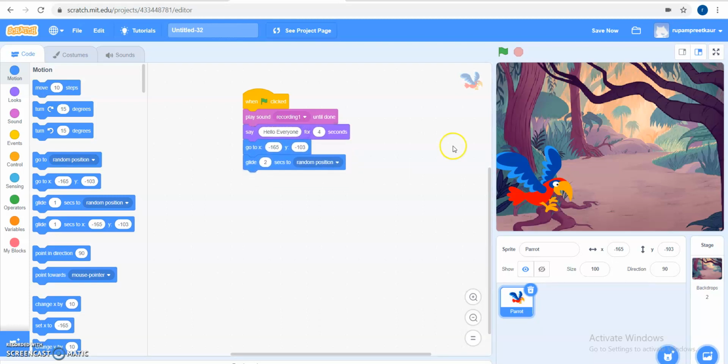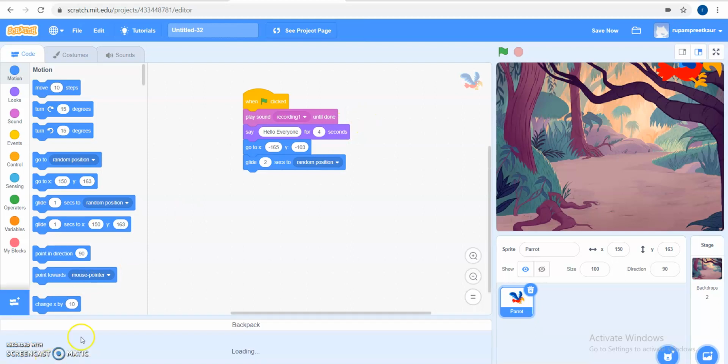Before doing this, first of all, let's see how the program is going to run. Hello everyone. So every time the program is moving from top to bottom, it means the first block will be executed first, then the second block will be executed, then the third block will be executed.